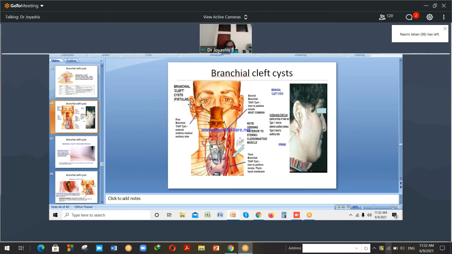এই যে এখানে আমরা ব্রাঙ্কিয়াল ক্লেফট সিস্টগুলো আবার দেখাচ্ছি, ফিস্টুলার মতো করে থেকে যায়। ফার্স্ট ব্রাঙ্কিয়াল ক্লেফট সিস্ট এক্সটার্নাল অডিটরি মেটাসের কাছে দেখাচ্ছি। এটা হলো সেকেন্ড ব্রাঙ্কিয়াল ক্লেফট সিস্ট, প্যালাটাইন টনসিলের সাথে ট্র্যাক্ট তৈরি হয়। আর দ্য থার্ড ব্রাঙ্কিয়াল ক্লেফট সিস্ট ট্র্যাক্ট টু পাইরিফর্ম সাইনাস, থাইরোহায়োইড মেমব্রেনের কাছে। এটা হচ্ছে ফার্স্ট ব্রাঙ্কিয়াল ক্লেফট সিস্ট। পেশেন্টের ঠিক কানের সাথে এক্সটার্নাল অডিটরি মেটাসের সাথে কানেকশন তৈরি হয়।